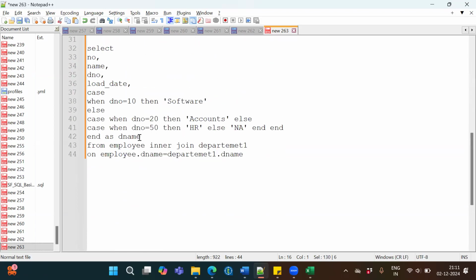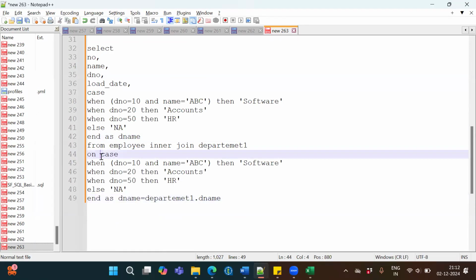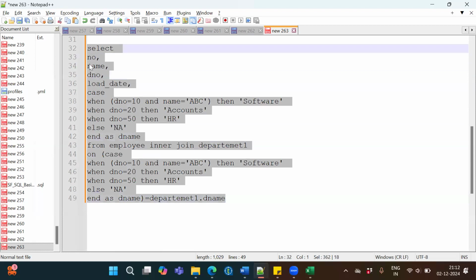Here I'll copy paste this one, and here I'll copy paste this one as well. I'll open the bracket and close this bracket. Now you see, the same case statement I have written above, and the same case statement I have written below also. Now you just check whether I